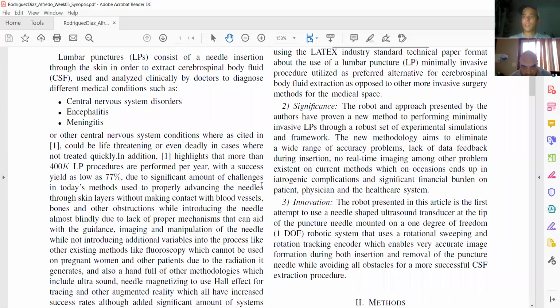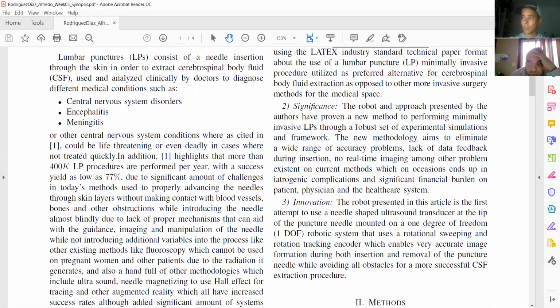I can find it. But today they also use another type of method which uses radiation, like a CT scan type of method, to map the whole interior of the body so that they can do the surgery. So those methods cannot be used on pregnant women or on people that have some sort of conditions that cannot go through radiation processes. So in this case, they are improving the current methods using a new one that is not harmful for the body,